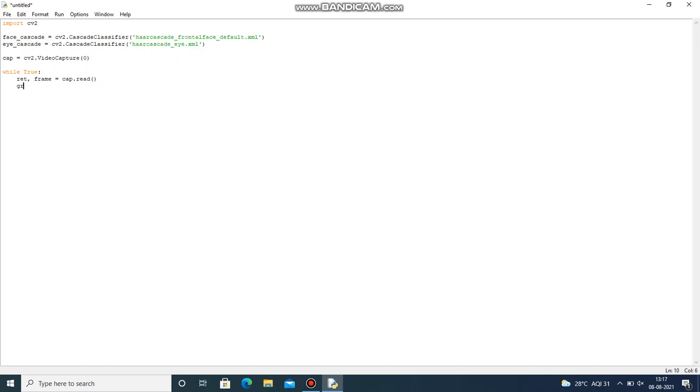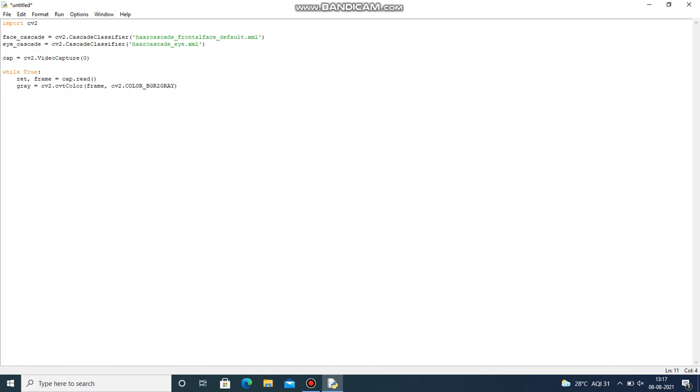Now let's convert it into grayscale. I'll do cv2.cvtColor, giving frame, cv2.COLOR_BGR2GRAY, which converts the colored video to a gray video.